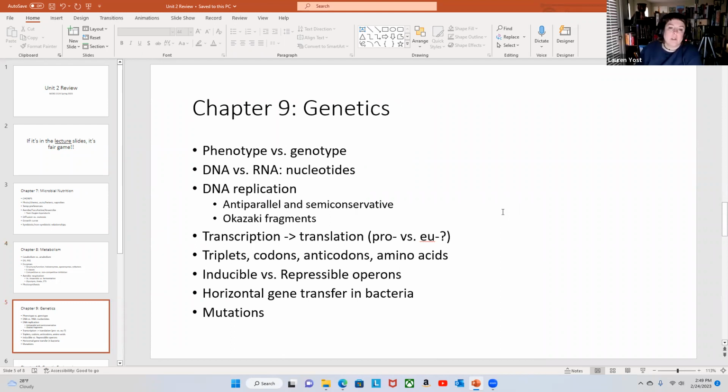Chapter 9 had to do with genetics. First thing we'll go over is a phenotype versus a genotype. The genes are what encode your traits. So you could have a gene from your mom and a gene from your dad, and obviously they could be different from one another. You would still be carrying those genes, but you'll only see one of them expressed, not both at the same time,